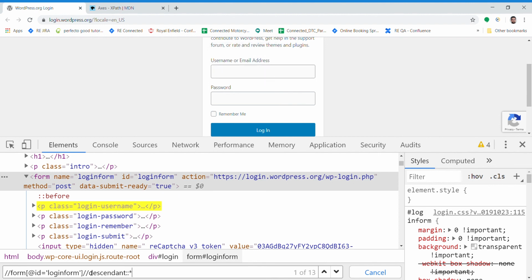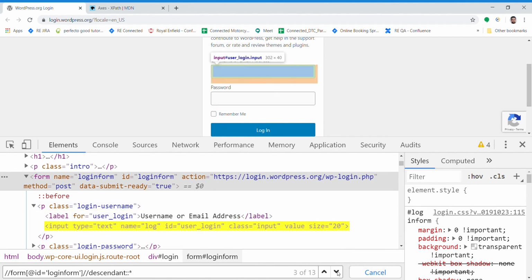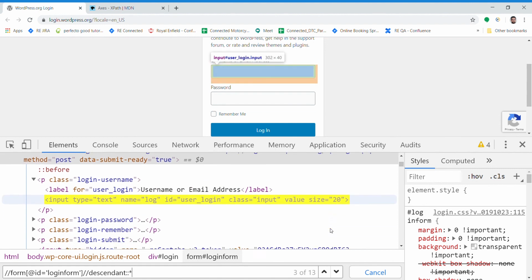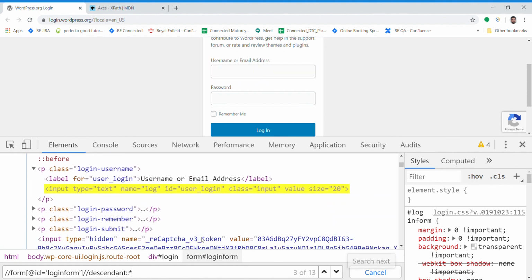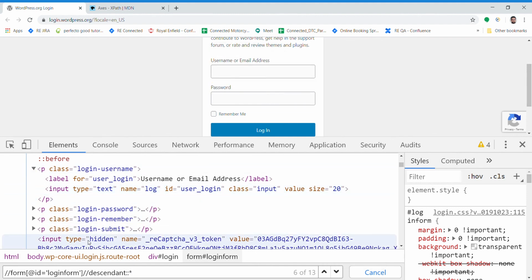So first, you see, the first one is this one. If I go back, the second one would be the child of this child label. The third would be this one. Fourth would be the second child, login password, this one. The fifth would be the child of this login password, right? The sixth would be this one. And this is how it's going to traverse the XML tree.